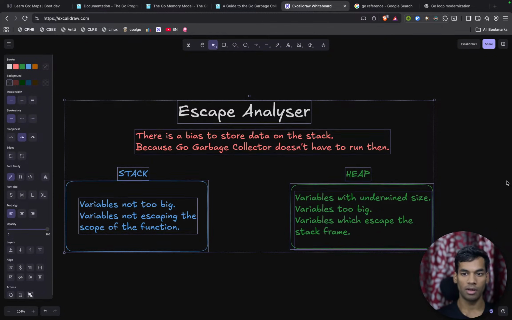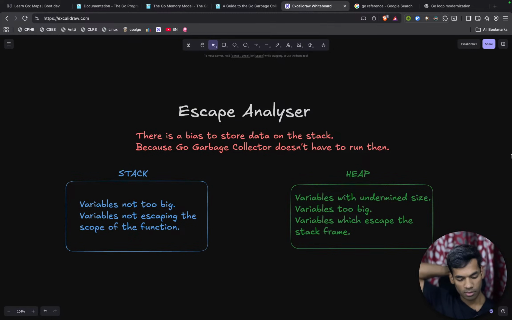Escape analyzer in Go, and the memory management, that is the Rust. Yeah, not Rust. The garbage collector runs every so often to free memory which was read. Uh, yeah,